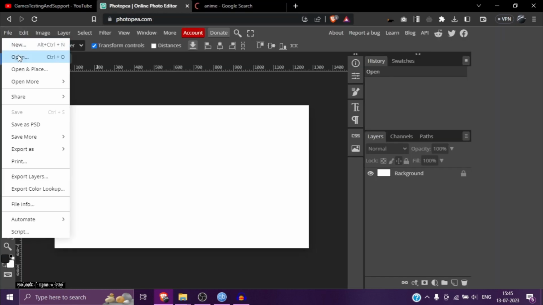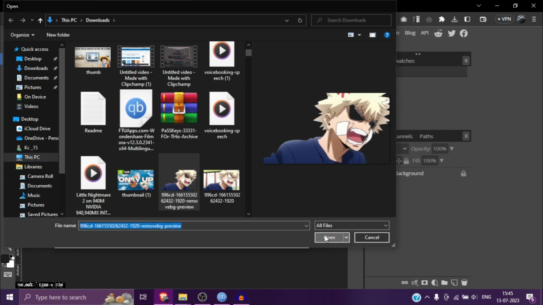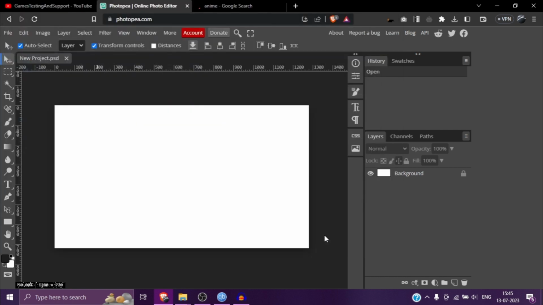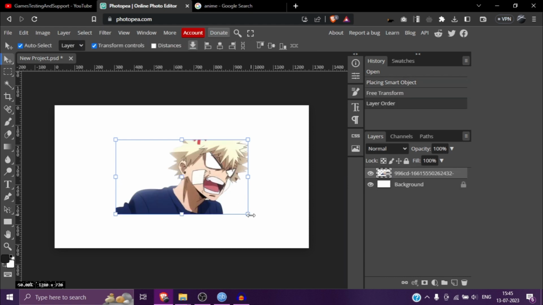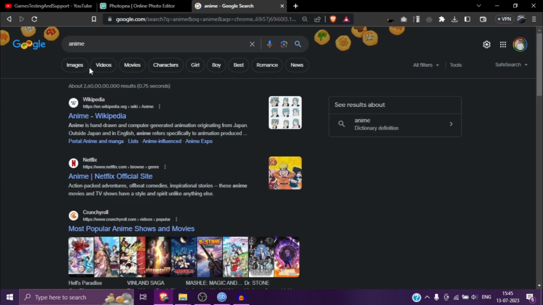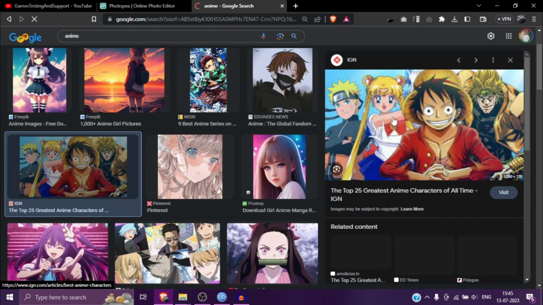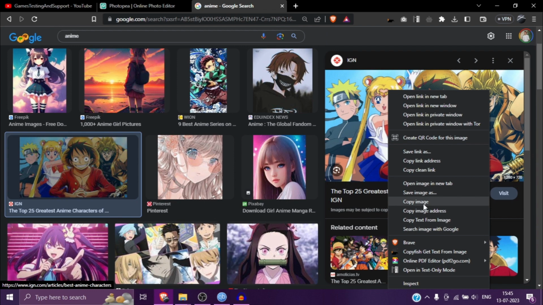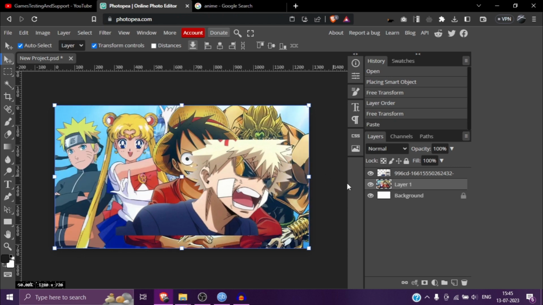You can add any photo here, open and place like this. And if you want to directly add a photo from Google, then you can also do it. Copy image, paste it. Here you can see,